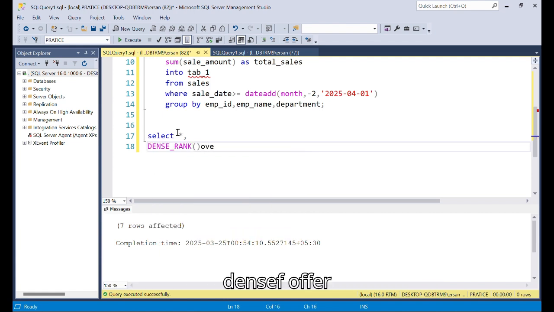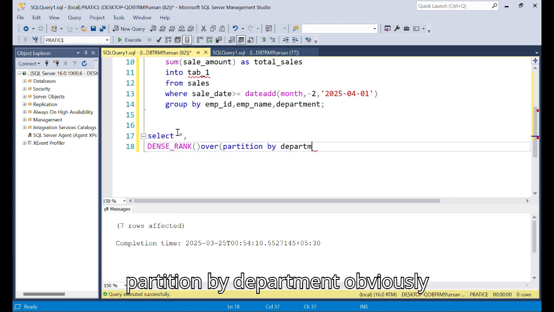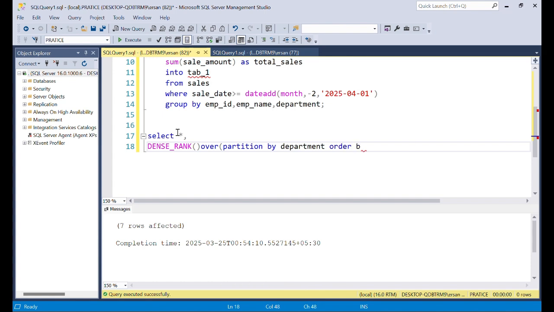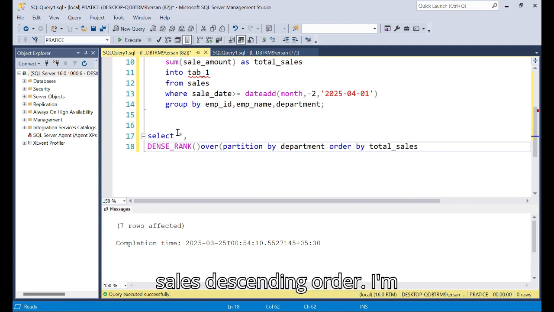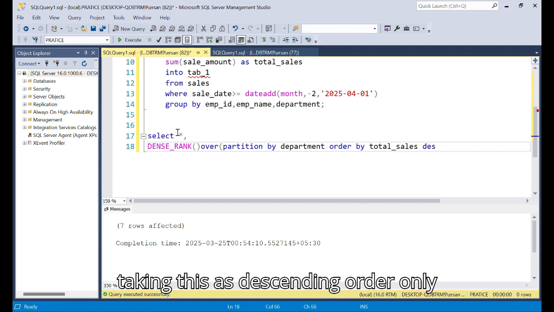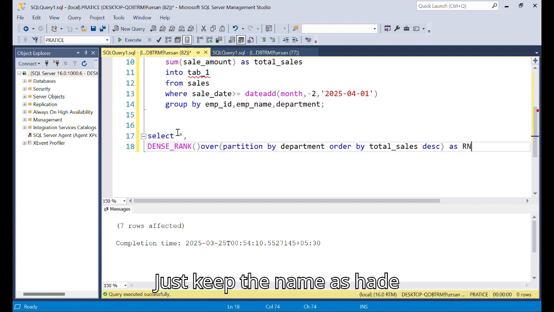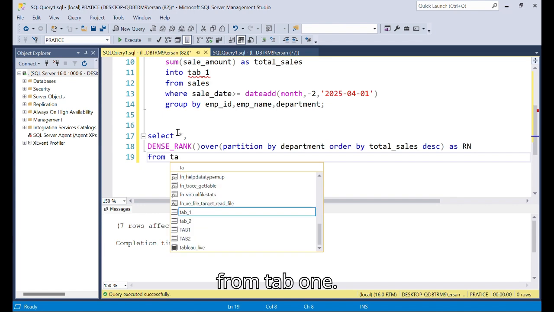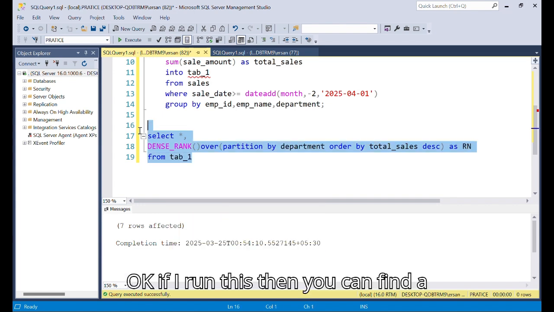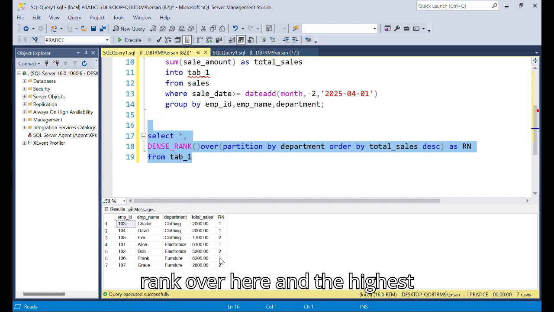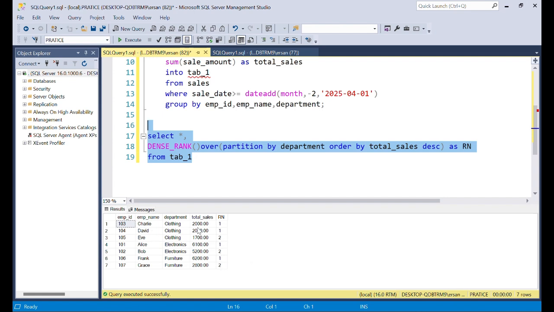Dense rank over partition by department, obviously, and order by total sales in descending order. I'm taking this as descending order because the highest total sales will be ranked as 1. Just keep the name as rn, from tab 1. If I run this, then you can find a rank over here, and the highest